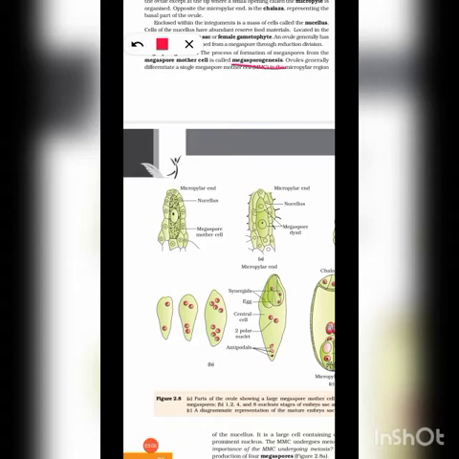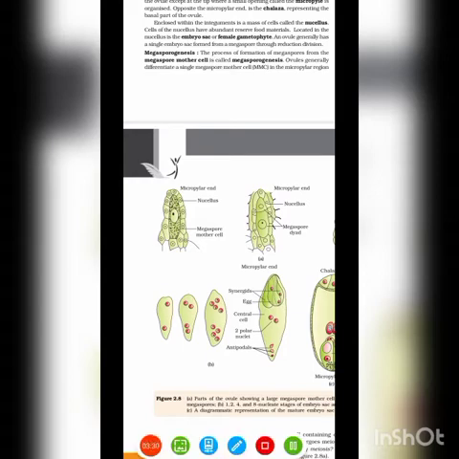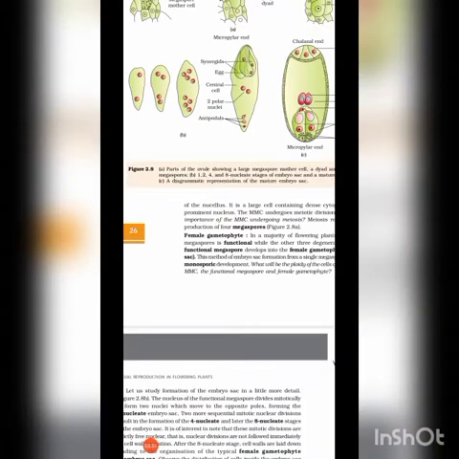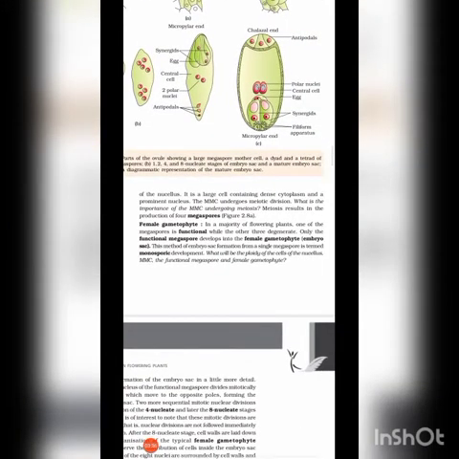Usually ovules will develop only a single megaspore mother cell, and it will undergo meiosis to form 4 megaspores. Out of all the megaspores formed, only one will survive, and the other 3 will get